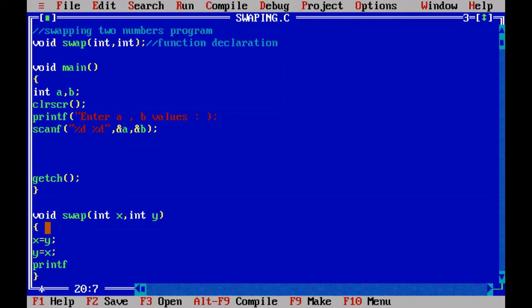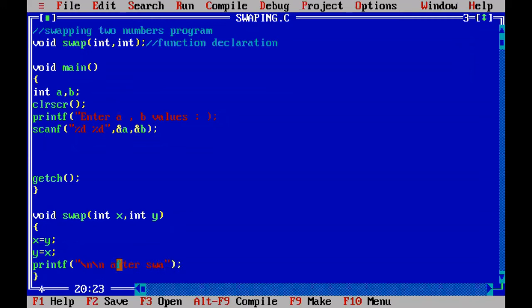Printf, the values, \n because you swapped here. X value is assigned with y, y value is assigned with x. I am considering this as a swapping because y goes into the x and x goes into the y. So values are changed, and you print here after swapping.